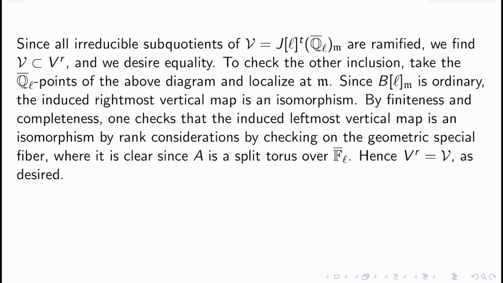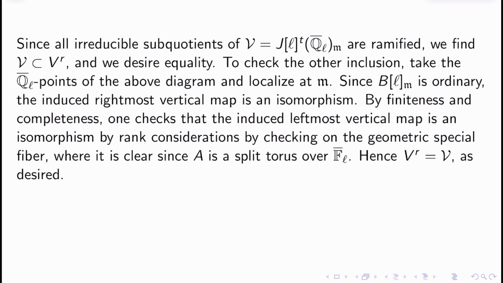To check the other inclusion, we'll take the Q̄_ℓ points of the above diagram we just wrote, and we'll localize at 𝔪. Since B[𝔏] localized at 𝔪 is ordinary, the induced rightmost vertical map must be an isomorphism. That's an easy check. By finiteness and completeness, one checks that the induced leftmost vertical map is also an isomorphism,